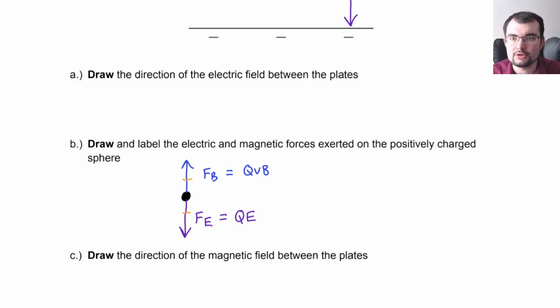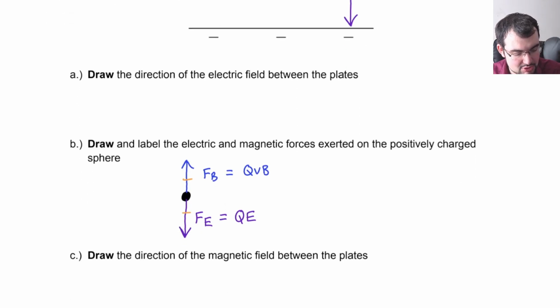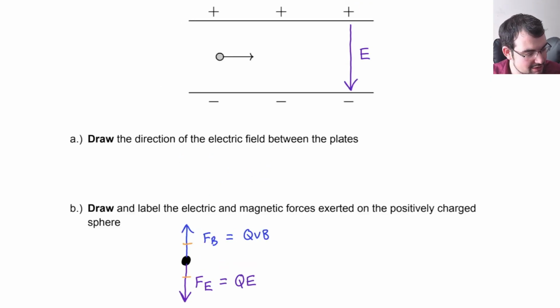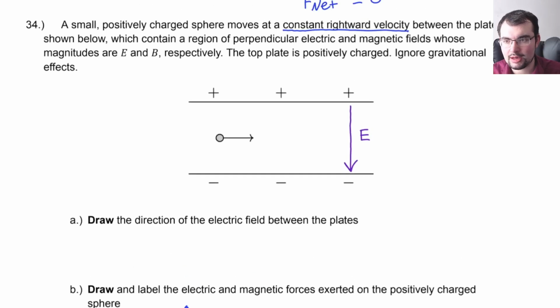But that's not the field, so be very careful because we just said there's this whole process for finding force from field given magnetism, so we have to sort of reverse engineer our right-hand rule to get the B field. So what we know is that the magnetic force is up and we're moving to the right. So moving to the right means my thumb points right, and then the force being up says my palm points up. So again, I'm going to the right, but my palm points up because I'm getting slapped upwards by the magnetic force. And we see that the only way to make that work is for my fingers to point at you. So that means that the B field